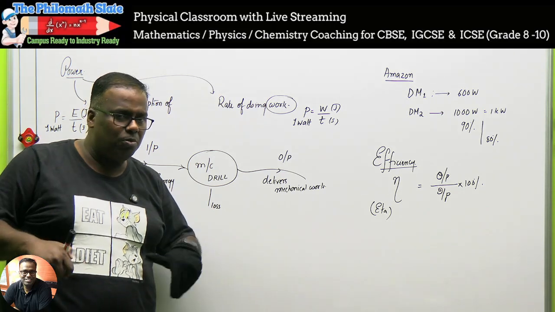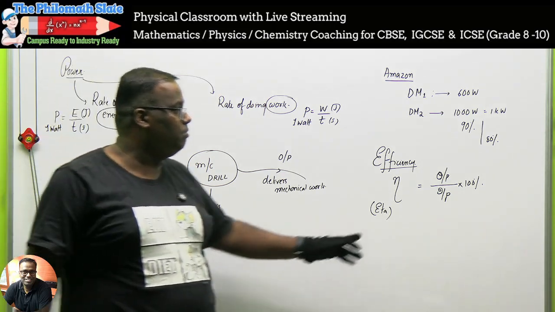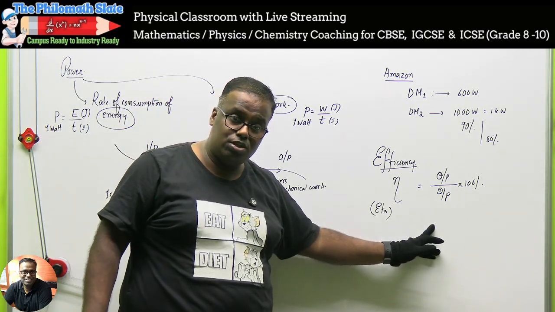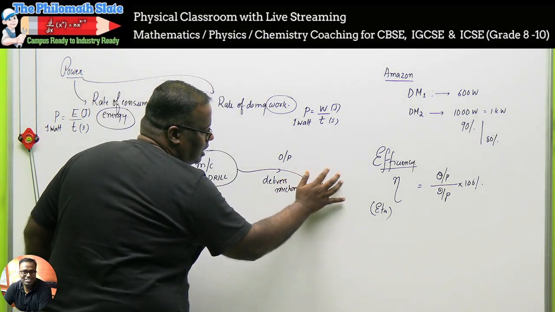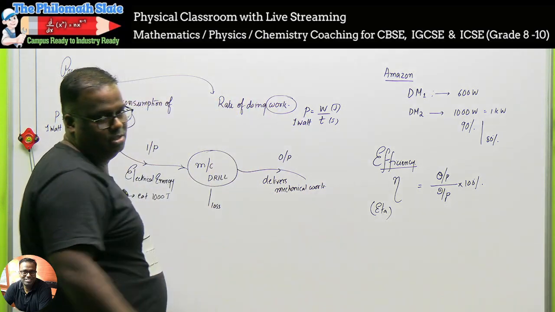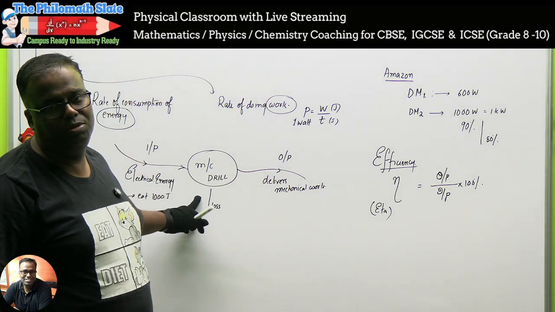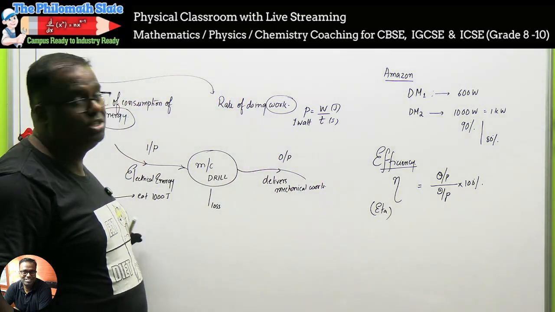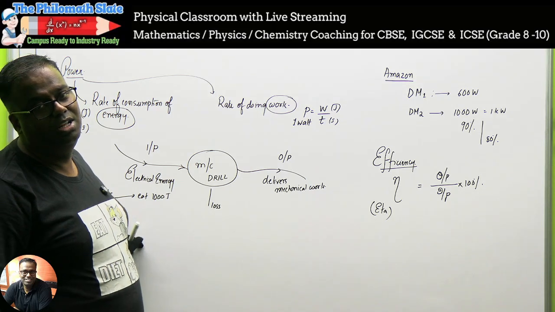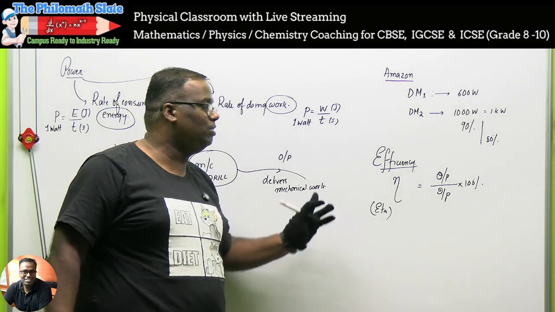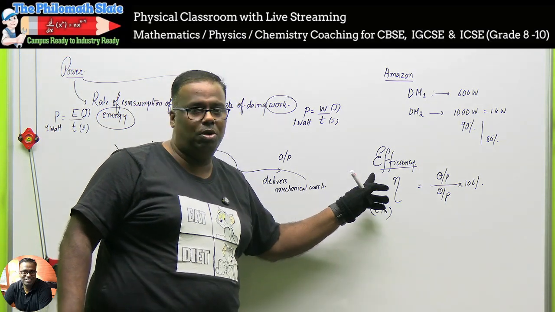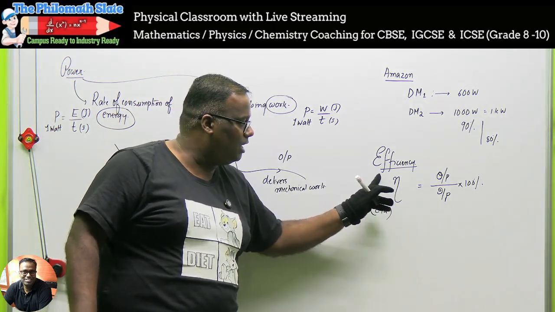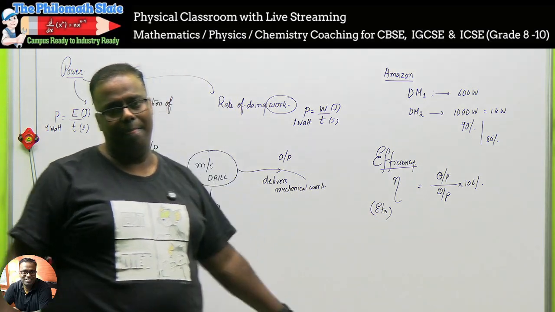And to make the problem a little bit more complicated, they may introduce efficiency also. Suppose they tell me what is the power out here, and they will tell the efficiency of the machine. So they will say how much is the power consumption. At that time, instead of multiplying with efficiency, we'll divide by efficiency because we need to find out the input power. Input power निकालने के लिए efficiency नीचे आएगा.